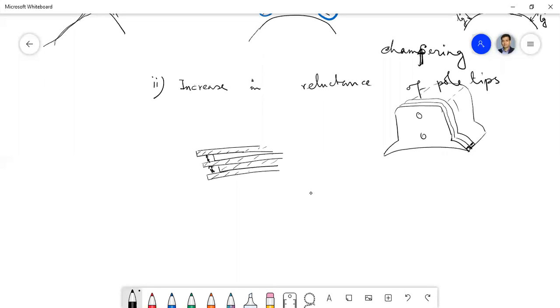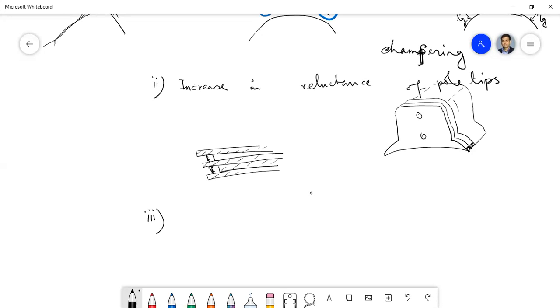ওকে, Sir, বলো। By increasing air gap, is there any effect on flux swinging? I mean, by omitting this lamination, will there be any effect on flux swinging? No, no, because there is no effect. Flux swinging doesn't have any effect in the air gap increment. বুঝতে পেরেছো? ফ্লাক্স সুইঙ্গিং এর কোনো এফেক্ট নেই এর উপর।